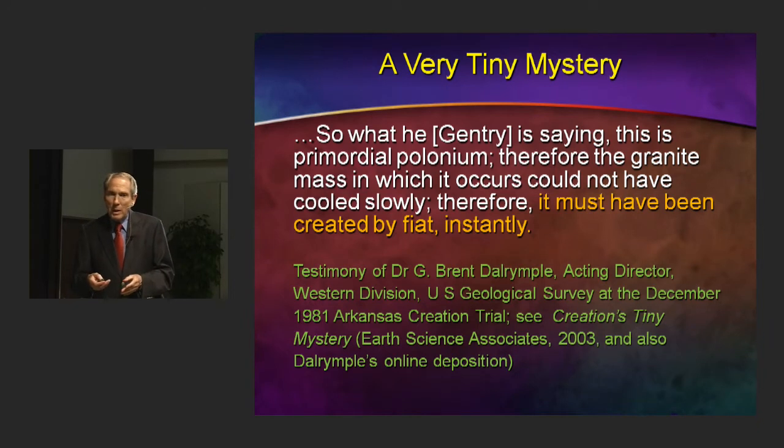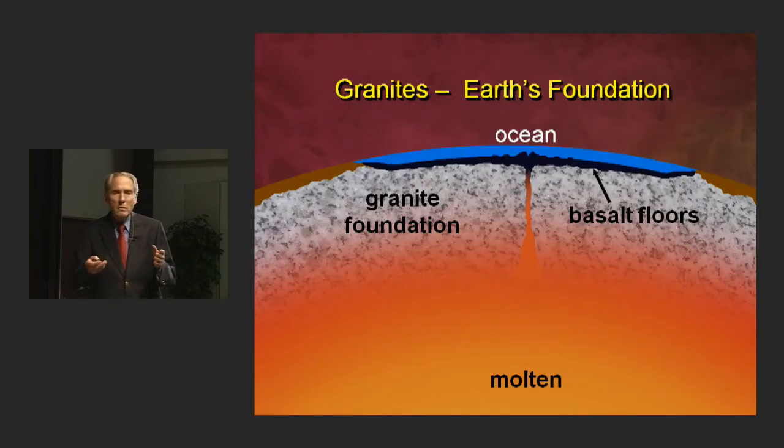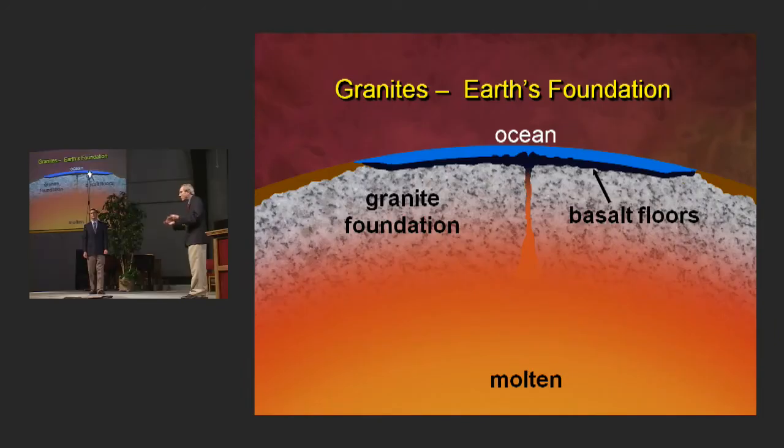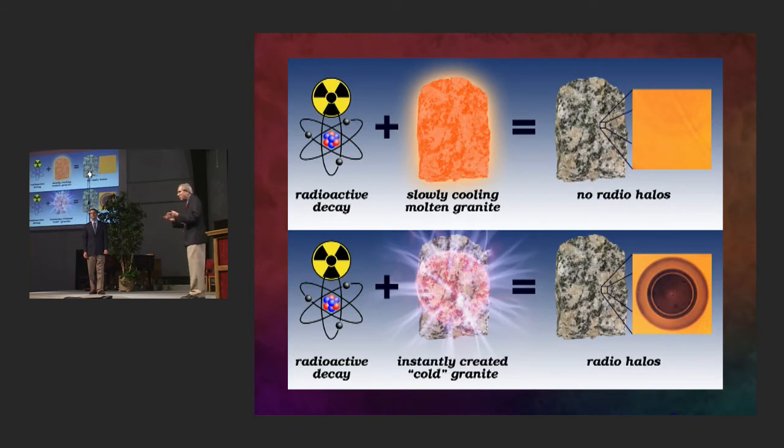Now, here it is. For example, the evolutionary view is simply that indeed you've got the granite foundation, you've got a molten earth and so forth, and so the granites are forming deep in the earth and slowly cooling. But what we've just seen is a comparison now. Up top, the top part of our schematic, is that if we have radioactive decay plus slowly cooling molten granite, then indeed,